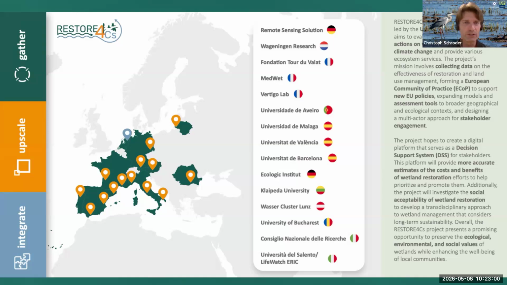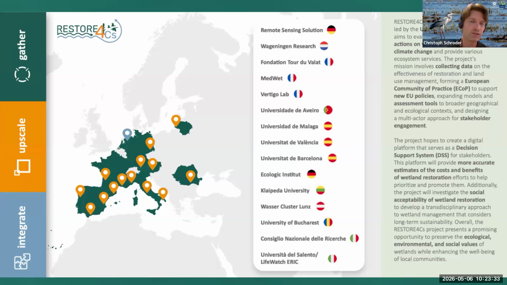wetland type. The project, as the others as well, had different phases and worked first on data collection, data gathering across the different pilot sites. Then we aimed at upscaling this information, the findings, to other scales in order to provide support also to wider scale policy questions. And finally, and this is where we come now to this key result that we are going to present, we wanted to integrate the information and data into a platform that can serve